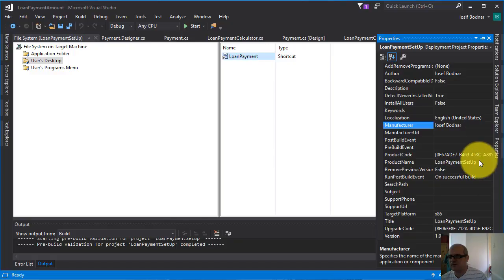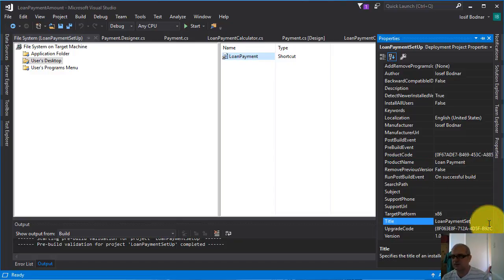Okay, so you have here a lot of properties. The product name, loan payment. Yeah, and title, loan payment calculator, let it be. Okay,